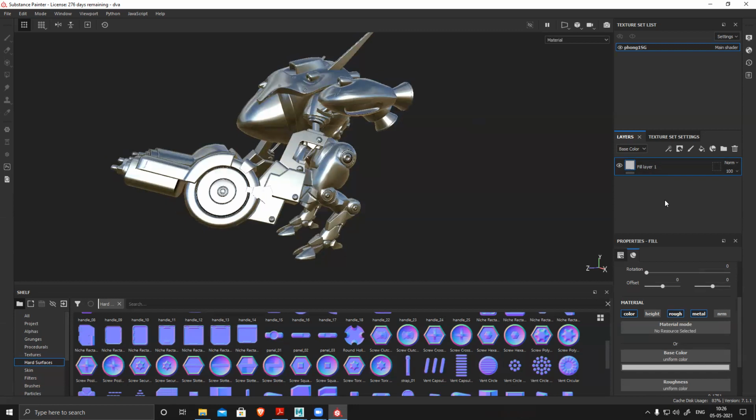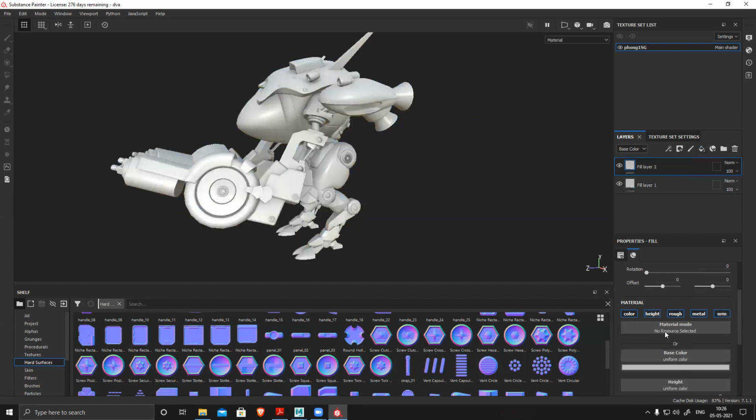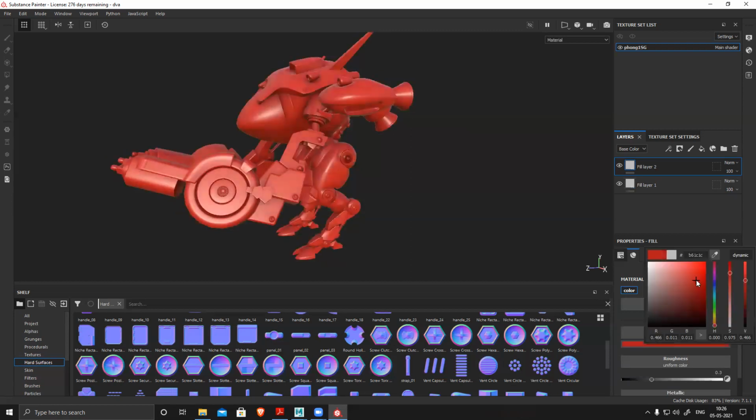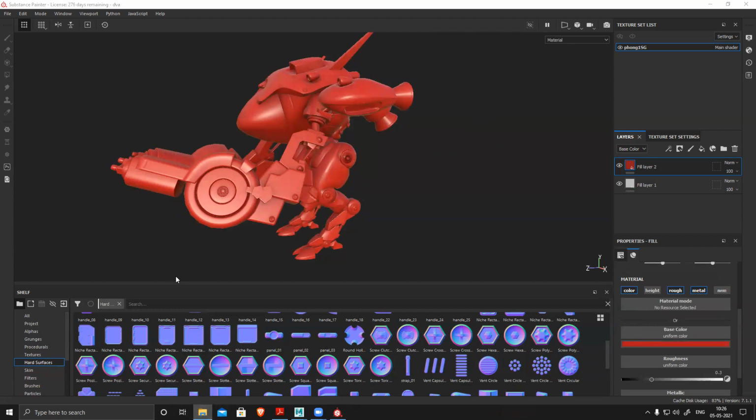Now, on top of this layer, what we do is paint it. So another fill layer, and this also comes with all this information. Normal is not required, height is not required. So this part is, let's see. Okay, just give me a second. Open my reference. It's pink in color, I believe.